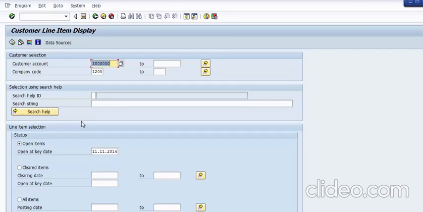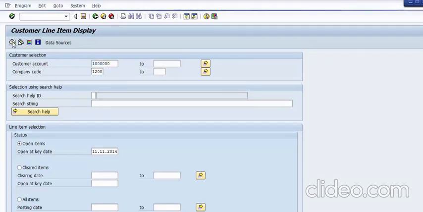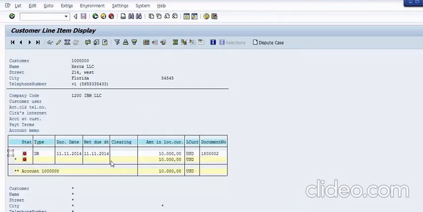It could be debit note, credit note and all, and then you go for the incoming payment, and then the whole transaction cycle is complete. So you can go to this open item and you can see what your open items left are, and these are the open items only on which you receive the payments from the customer. So executing it, you can see that there is only one particular document that we just posted over here,